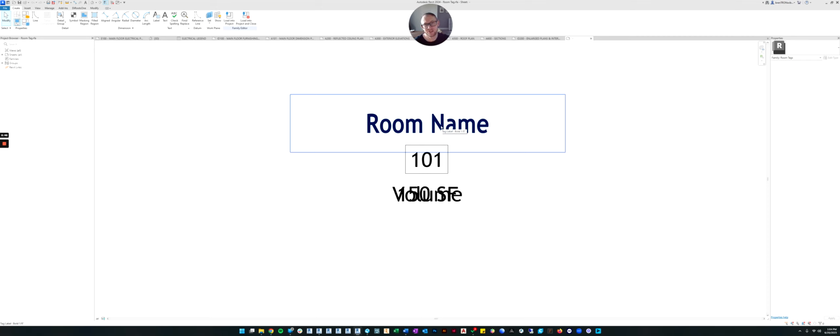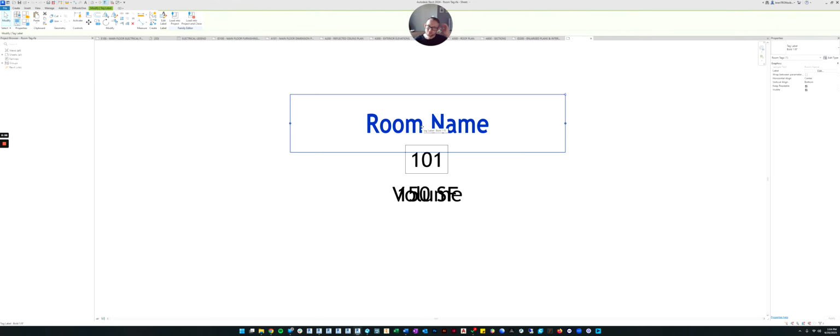So in order to understand what's happening and how to edit a tag for a room, you need to know the different parts. So these are what's called a label. And all a label is doing is you're telling it to read a property about the room. So this is the room name label. So what this is going to do is when you take this tag into your project and you place it inside a room, it'll open up that room's properties and it'll look for the name property and it'll display it in the tag.